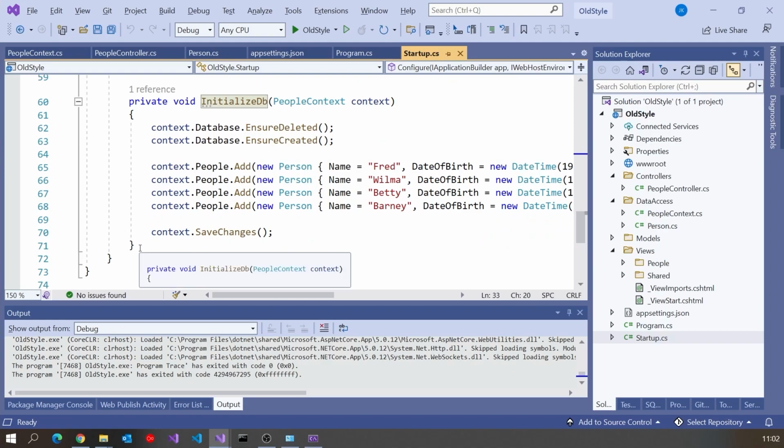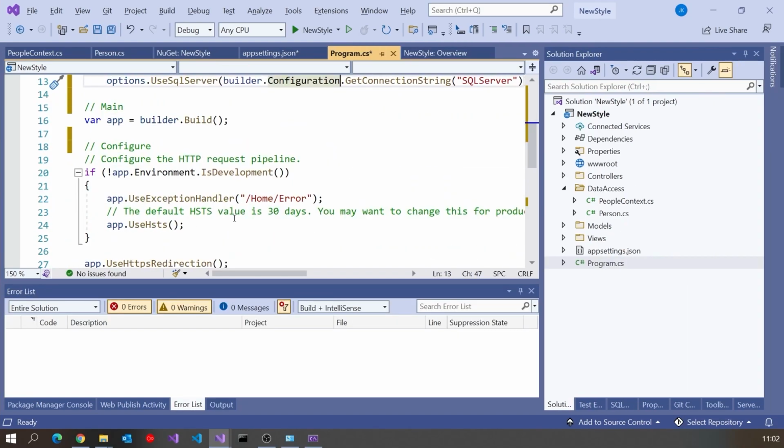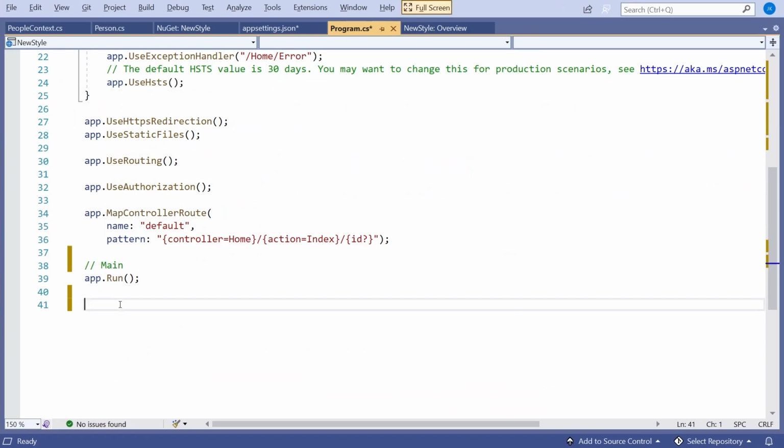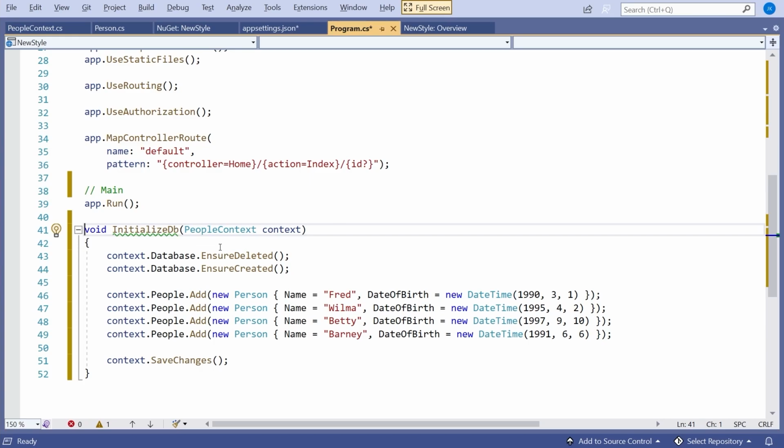So let's actually grab that first. So we'll take that code and we'll put it down at the end here. Now this actually hits us with another problem, because the way we're doing main, we're not actually writing a class called program with a method called main, and therefore would have the ability to add other methods to it. And I mentioned this when we were talking about this non-class based structure for main before. But you can get around it slightly, because if I take off that word private, what I've now got here is actually a local function within the invisible main function that's being generated for us.